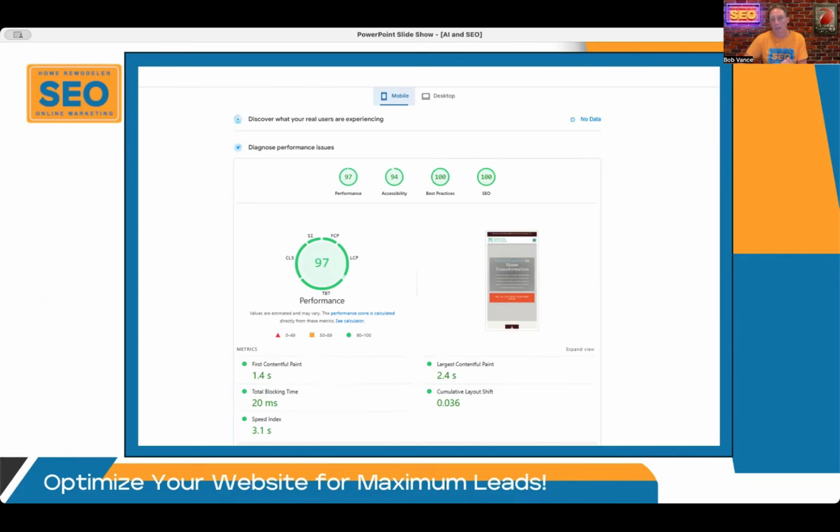We're A players. We're not going to just settle for a B grade or a C grade, or especially that F grade that we saw earlier. I think the score was 59. We want to make sure that we're in the 90s, preferably 100. But sometimes to get to 100, you mess with something and then it breaks something else, and then you fix that and it breaks something else. Everything's all interconnected on the back end of your website. So just getting above 90 is going to serve you well.